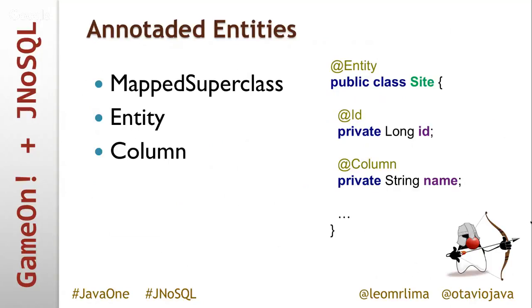An example of annotated entities that could be taken from a JPA talk is if I have a site or room, we can mark it as an entity. You have an ID and a column. And this column is just an attribute, right? It doesn't have to be a real column on a SQL database. It can be an attribute on a JSON document if it's a document DB. And again, these annotations were already defined. People are used to them. And someone that knows JPA can really start working with NoSQL without much trouble, right? It just starts coding away.